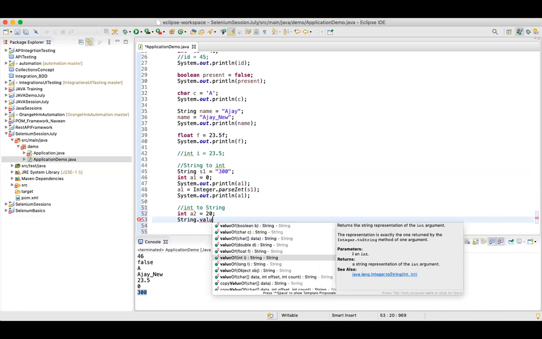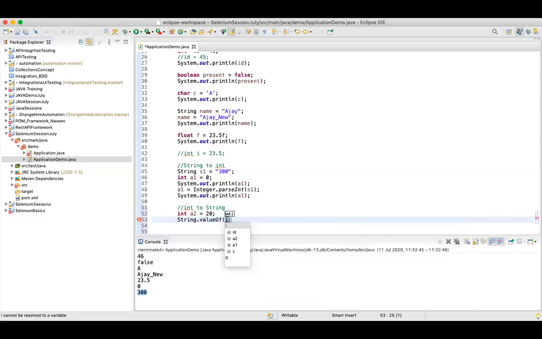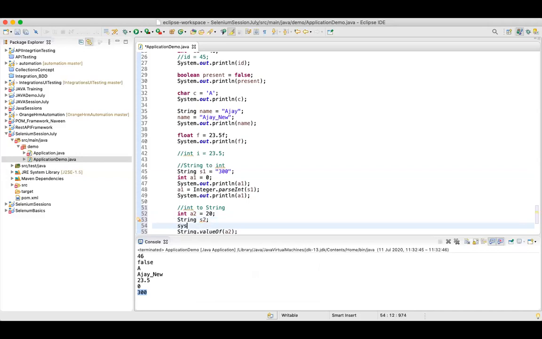This will return you the string representation of that value. It is returning a string, so I'll have to store this in a string. So let's say I define string s2.